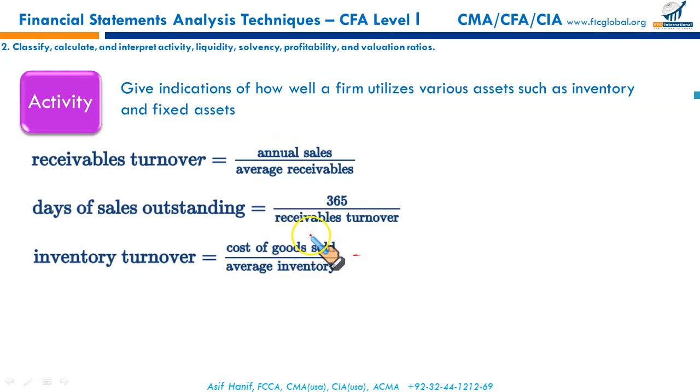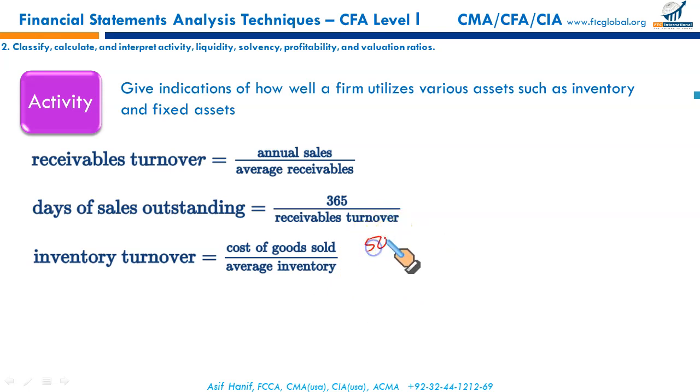It is calculated by dividing cost of goods sold by average inventory. Cost of goods sold is an income statement item and inventory is from the balance sheet. I just told you, linking an income statement item with a balance sheet item must be averaged. Now what does this give me? It tells me how many times I replenish my inventory, or how many times I sell my inventory, or how many times my inventory rotates in 1 year. Higher the number, the better.